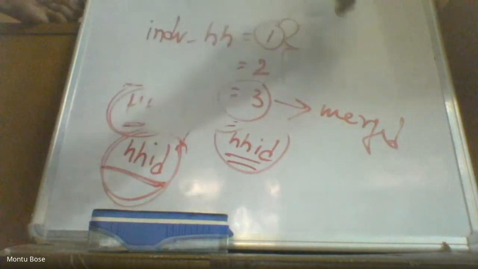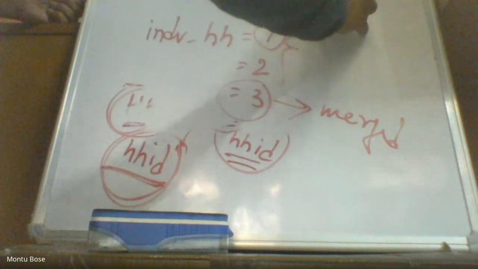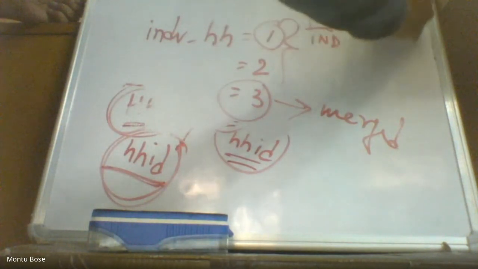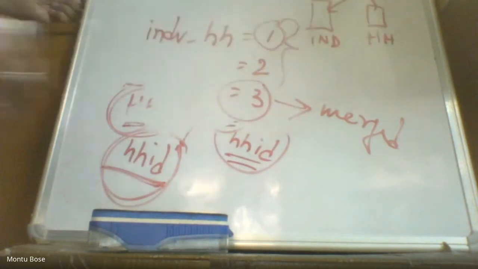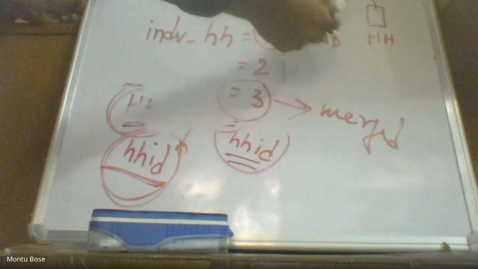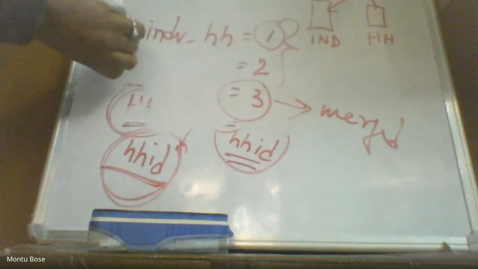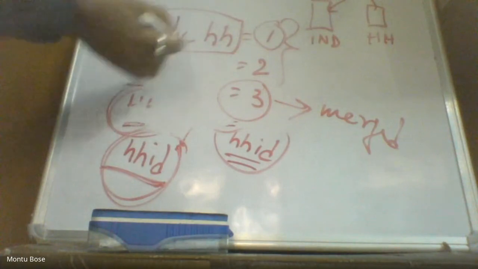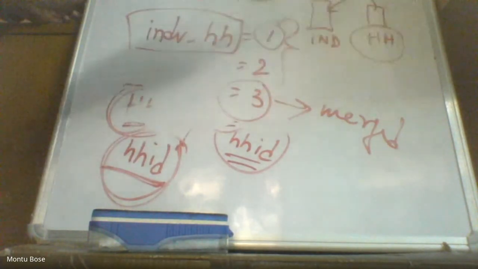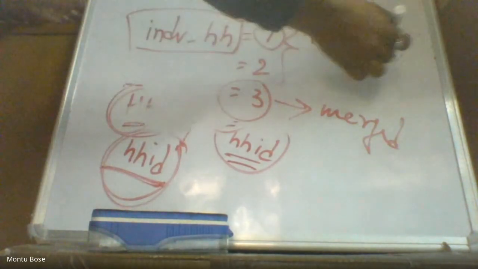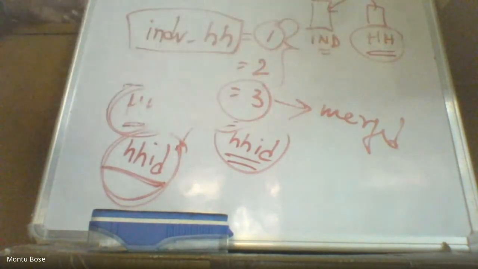One means you have data in the file that you have opened. Suppose in our case, we had opened the individual level record and we had merged it with the household level records. That means the household level record has come to your individual level record. So when the generated variable gives you 1, it means the data is not present in your household level data, it's only present in your individual level data. This would be given as 1.